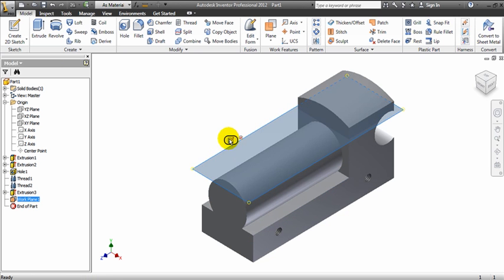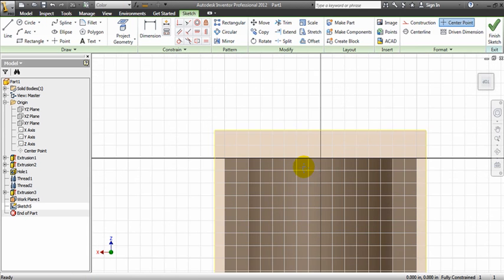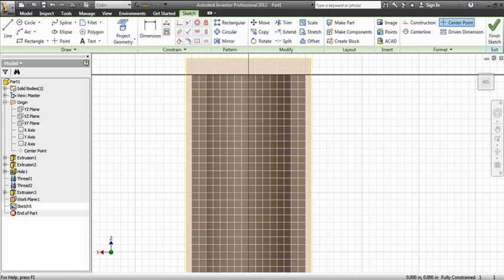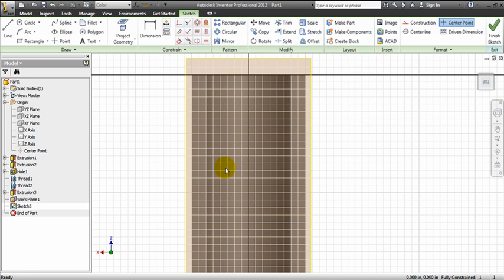I'm going to make a sketch on this plane. And I'm going to bring my train up here so I can see it. Now I want to make this point that's 0.88 inches from the center here, or from the front of the cylinder. So what I need to do is project geometry. So I'm going to project the geometry of this circle, or this line I should say. And I'm just going to go ahead and click these two lines also, just so that I have that whole line. Now if I go from here to here,